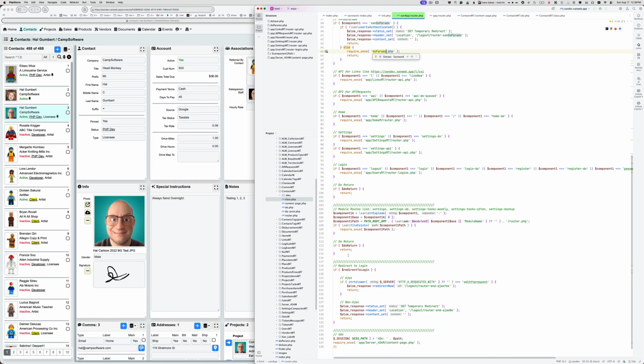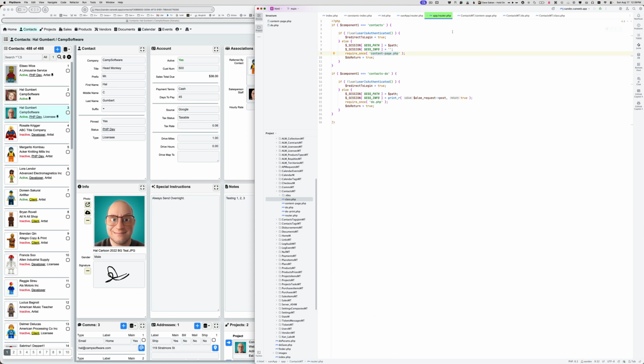It keeps going, and then there's a dynamic check to see if this module has a router. So it's module name, which would be contacts, and then router. So that when this page is loaded, it would run down to here, and then this would cause the contacts router to run. App router, yep. And then here's contacts. So it says, oh, well, if the